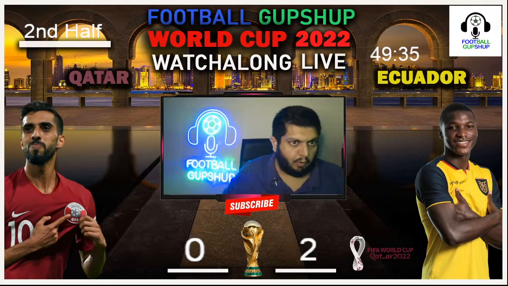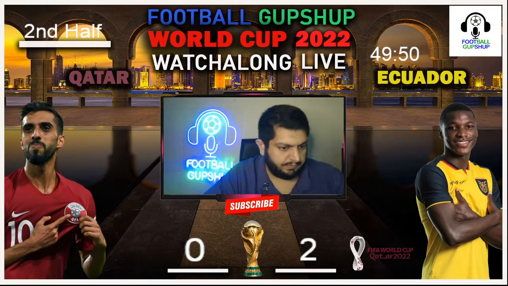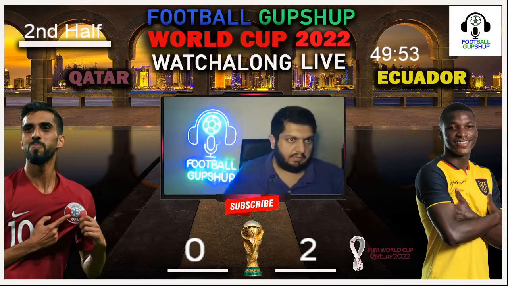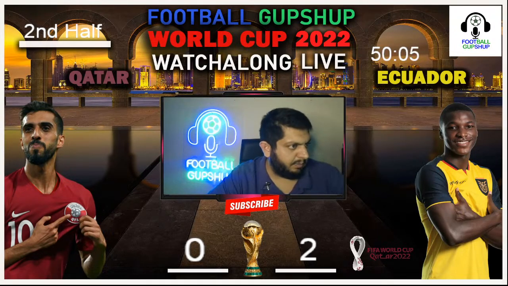Right now, ball being played forward. So right now, Qatar have once again got the ball. It is going to be interesting. Let's see what's going to happen here. Qatar putting that ball in, and Ecuador once again putting that ball out.